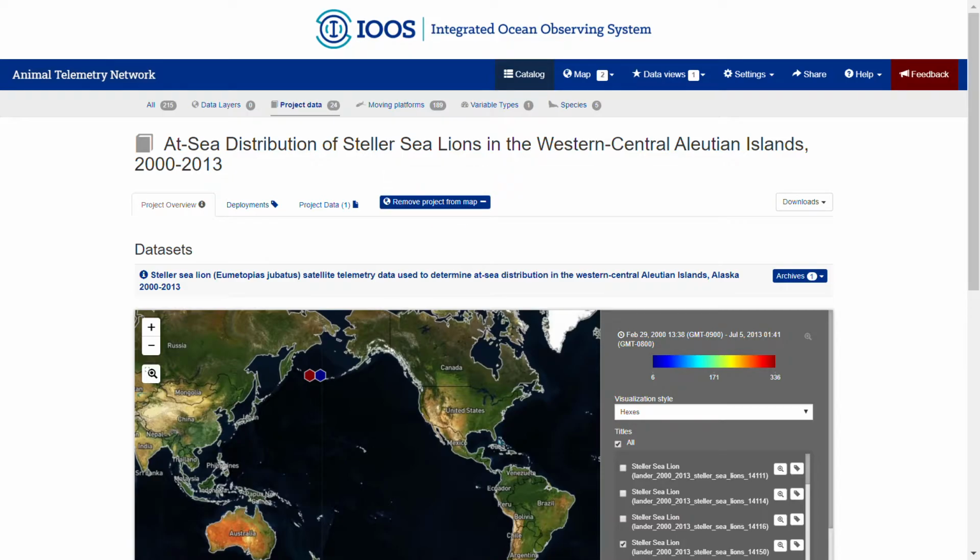So once you click through and have the dataset added to your map, this little icon next to the map in the blue navigation bar will indicate how many layers you've added. So I have 2 here. So when we take a look at our map,